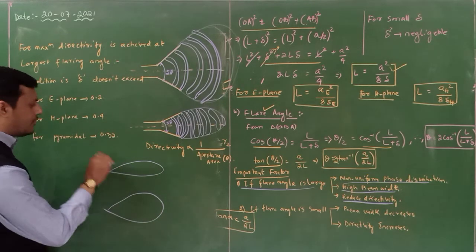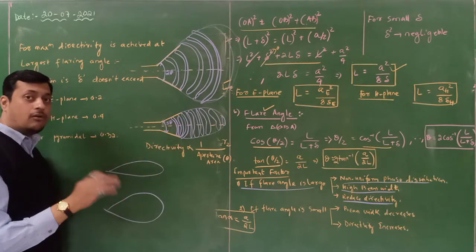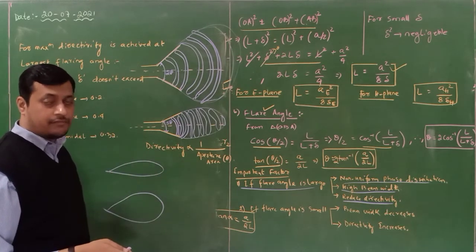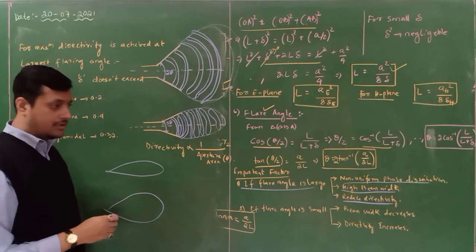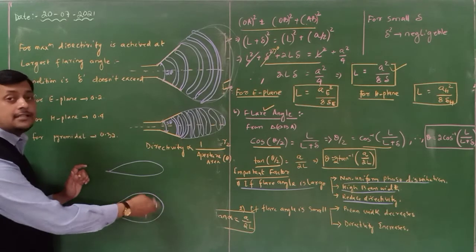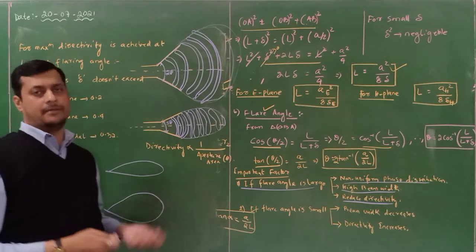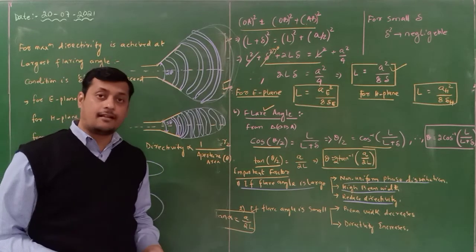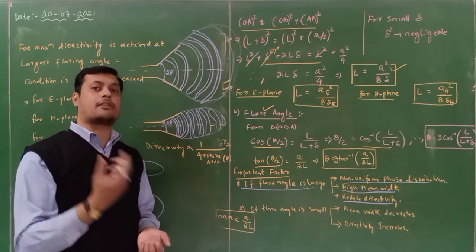So this is a narrow beam and this can propagate to a certain distance without any phase distortion, okay, non-uniform distribution. But when the beam width increases, the non-uniform phase distribution will come into picture, due to which information losses will take place. If information loss is done, then we cannot recover the original signal that we have transmitted.